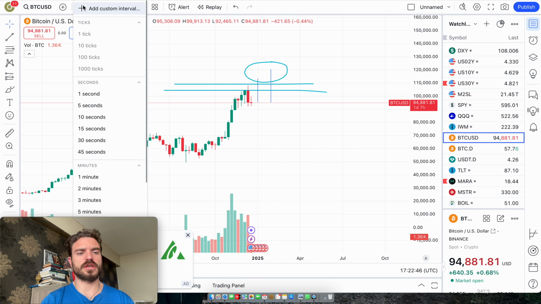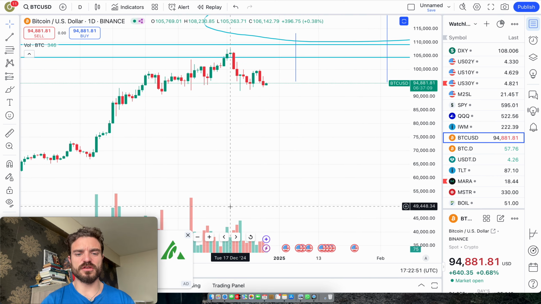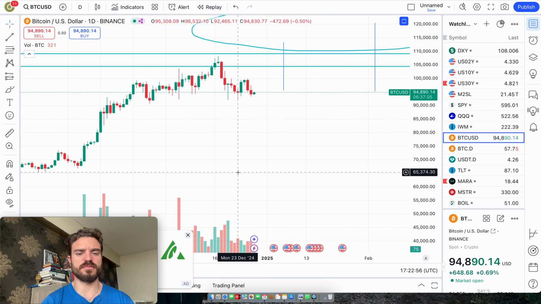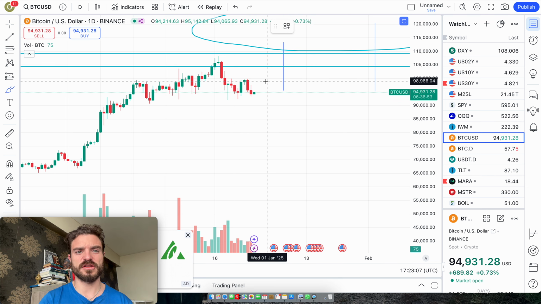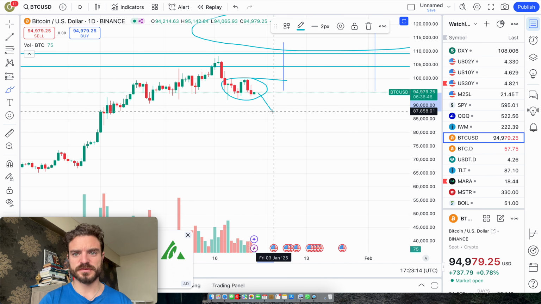Now, also if you look at the daily, the volume has been declining. So the volume of buying and selling has been declining, meaning that this is sort of the zone where people who were to sell have sold already, people who were to buy have bought already. So there's a bit of stagnation here, and we're just meandering at this level. Now this could take us further down to 87, if not 84.